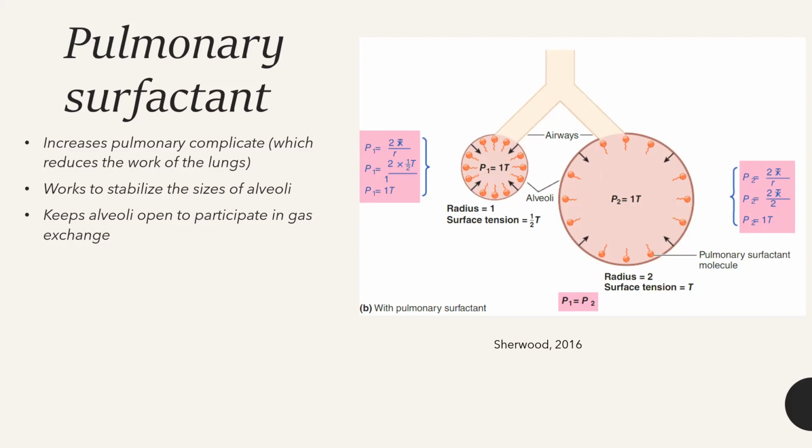All this to say that the surfactant works to reduce the surface tension on this smaller alveoli so that the inward pressure is not causing a collapse. And so that's why we need surfactant. We can see mathematically here that's why we need surfactant to work